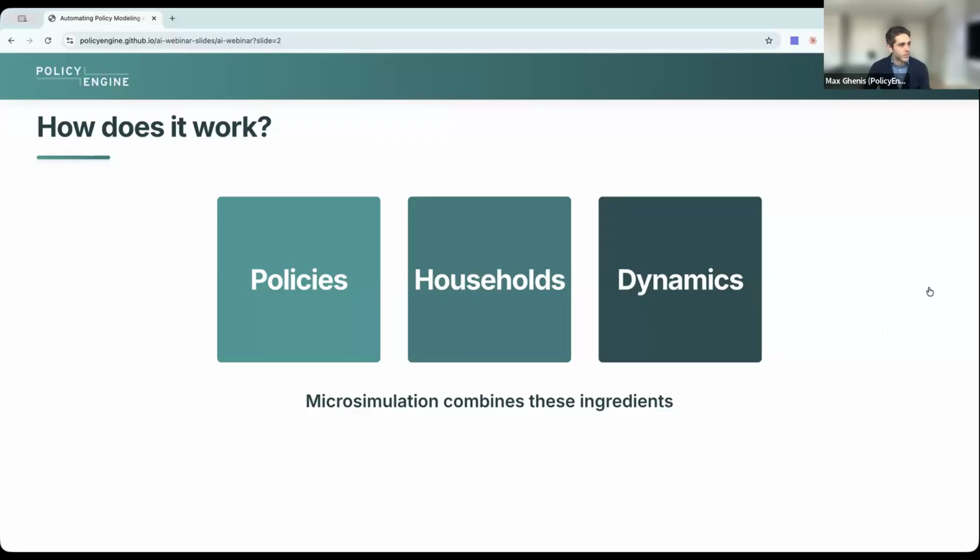Okay. So in general, what is PolicyEngine? We're a software platform that calculates, for example, if you were to expand the child tax credit, how much would that cost? Who wins? Who loses? What's the impact on poverty and inequality? It's an open source platform. We have a Python package and a web interface. And the way we do this is a technique called microsimulation. This is a technique that's used in the Congressional Budget Office, also think tanks like the Urban Institute and academic centers. And there's really three ingredients in these models I'll talk through briefly.